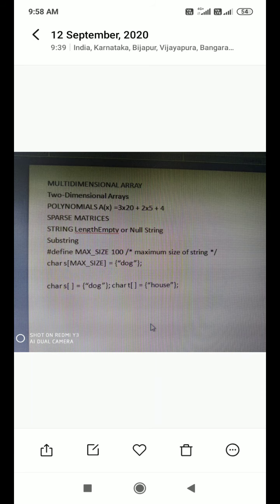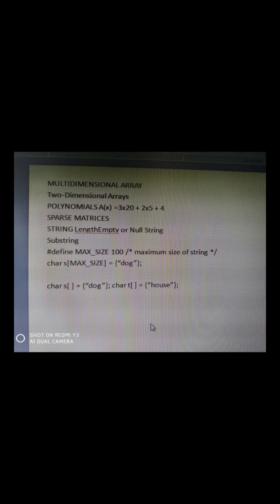Next, we can perform different operations on strings, starting with substring. To find a substring, the syntax is substring(string, initial, length). For example, the string is "I am coming". If we want the substring "am", we write the string "I am coming", the initial value is 2, because "am" is at the second position, and the length is 2, so it displays "am".